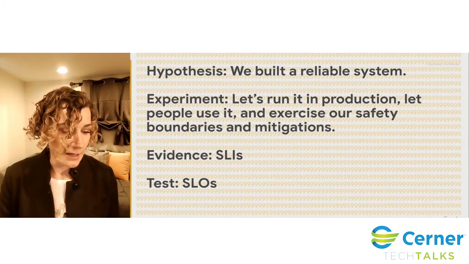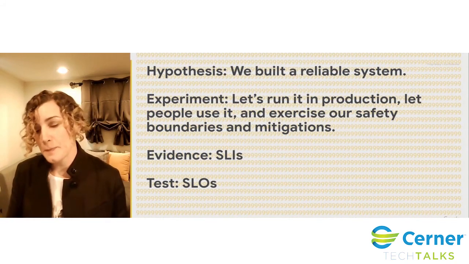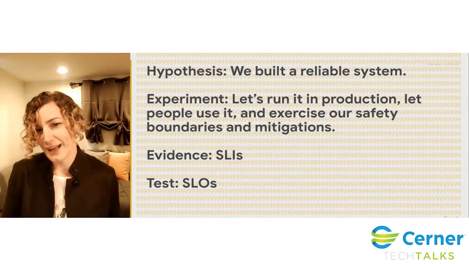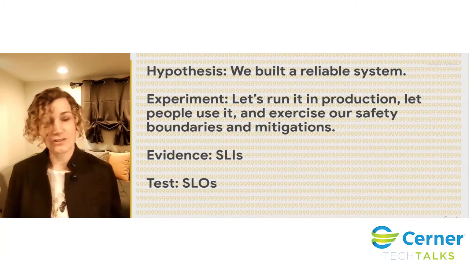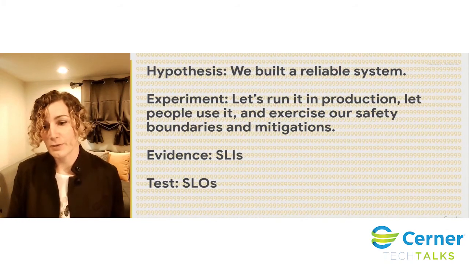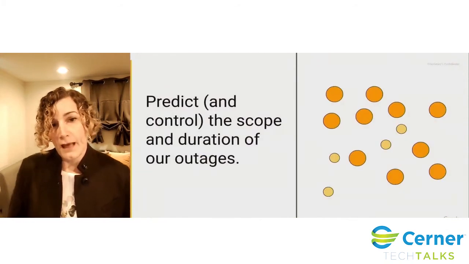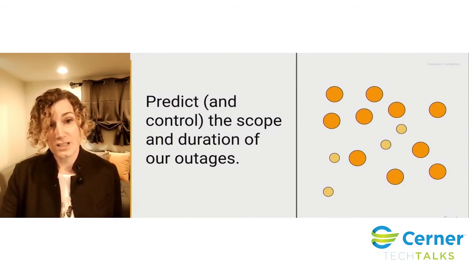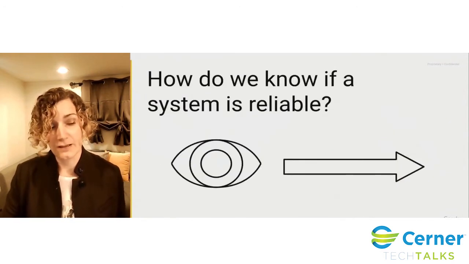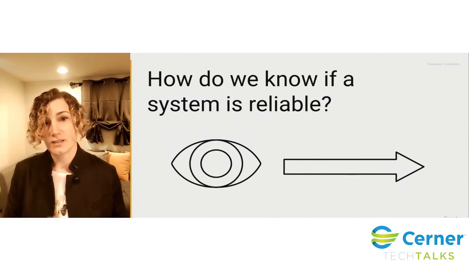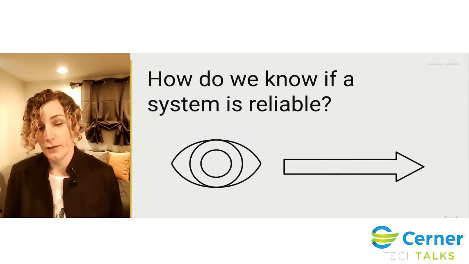When I first put this talk together, I was thinking about calling it If a Tree Falls in Production, because it was my funny way of thinking that if you have outages but no one ever notices, then they're not really outages. You still have alarms and you still apply mitigations, but from a customer perspective, it's not really an outage if you get the time to detection and the time to repair down really small. That allows you to predict and control the scope and duration of your outages, which is what customers want to experience. They want this predictability. And as part of that, we've been able to shift the conversation of how do I know if a system is reliable from a backwards-looking one into a much more forwards-looking one, which is where we want to be.